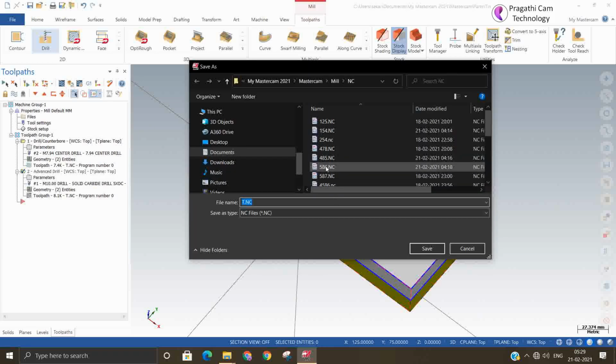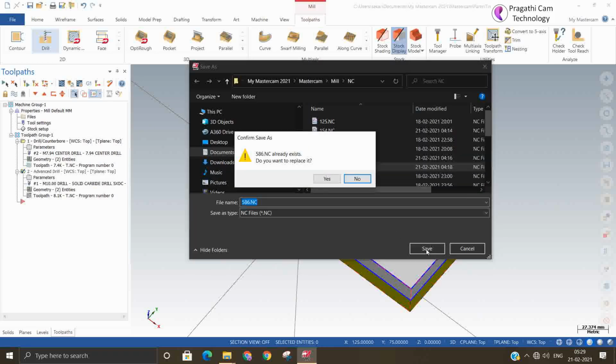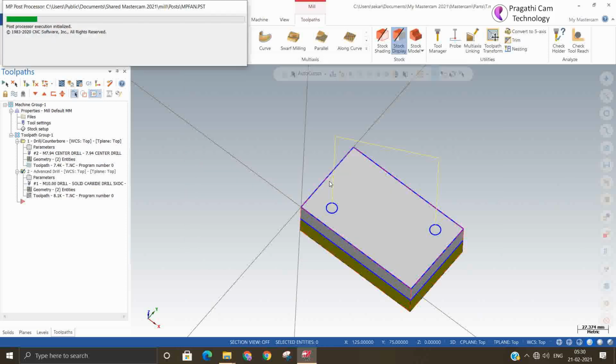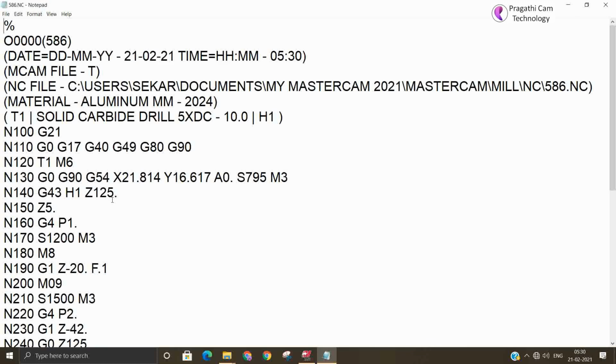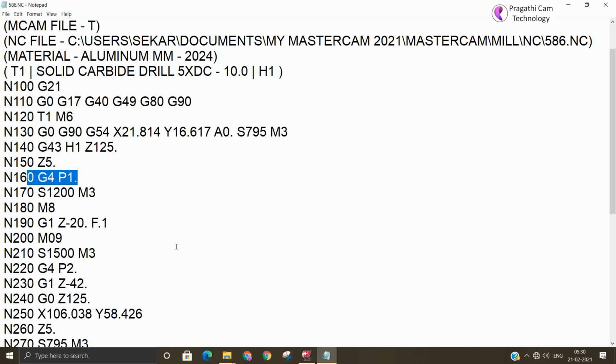So not all operations, and I'll select one number. So now this is my program. G43 H. Okay, dwell. P1 is the dwell.